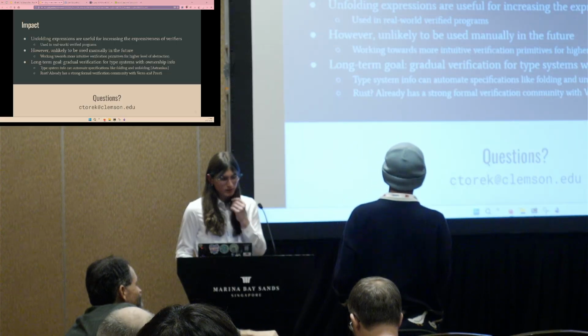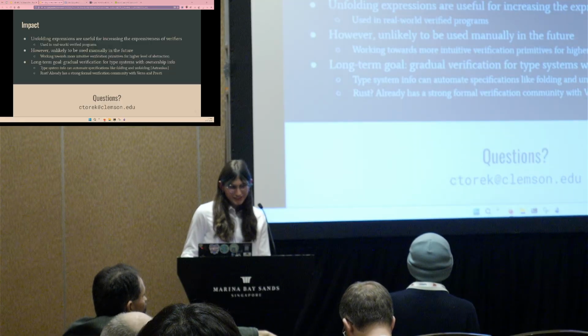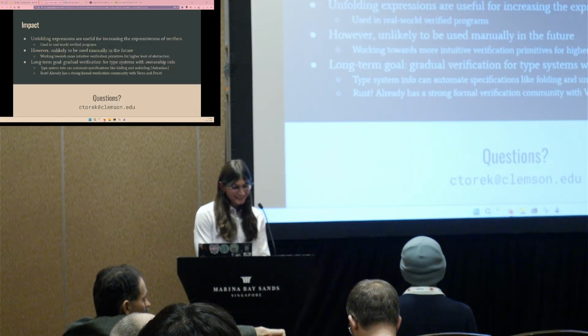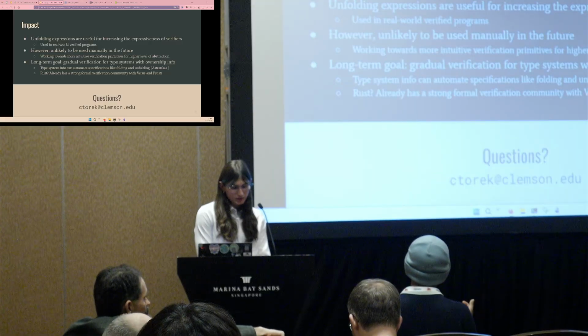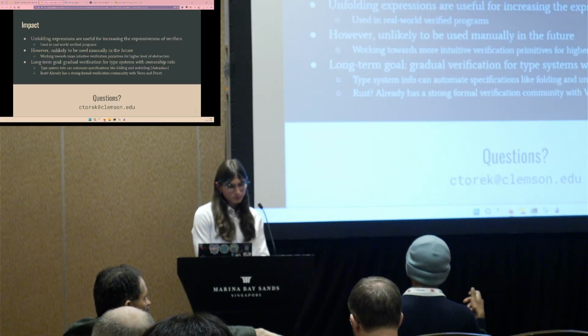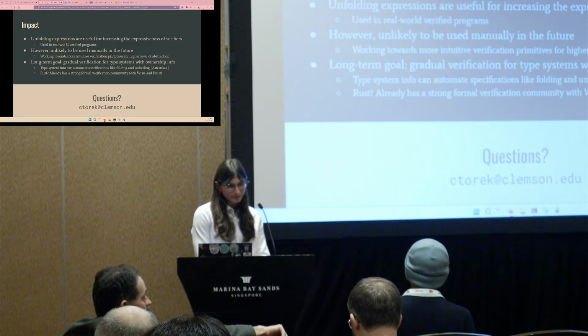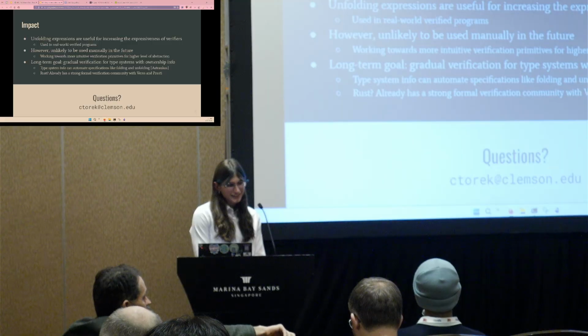I guess I can start. One thing that this made me think of, and this might be totally off base, is that what happens with unfolding expressions and ownership is you take temporary ownership of the thing inside a predicate and then give it back. And that has this kind of borrowing flavor almost. I was wondering if you'd given any thought to the relationship between those things.